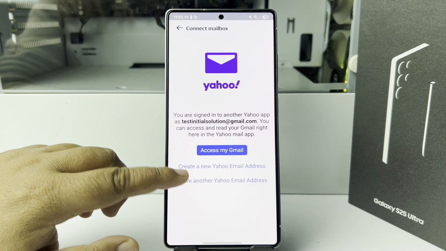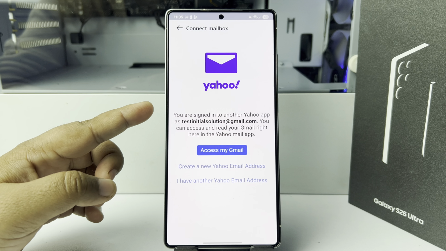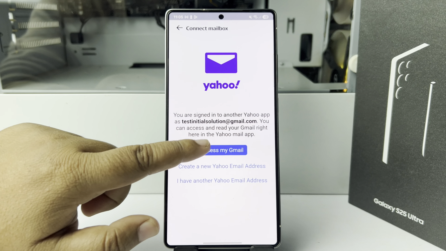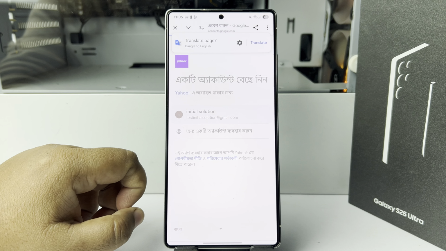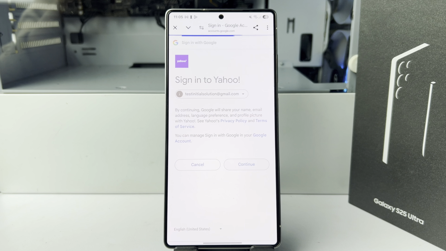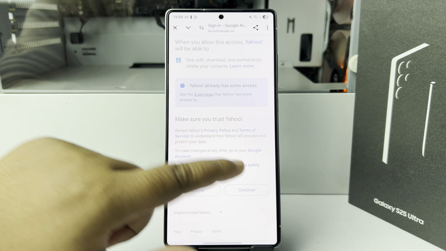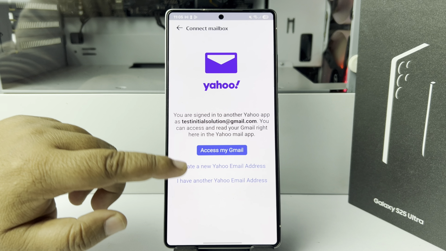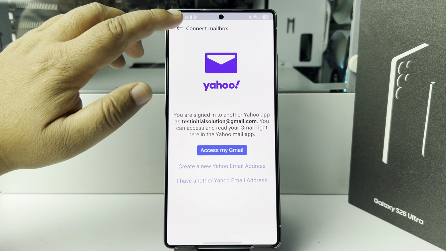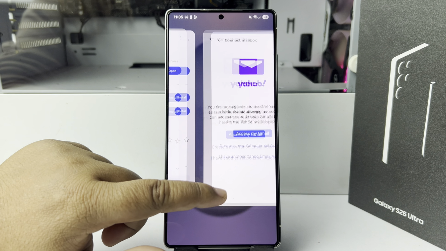And here connect mailbox. You are assigned to another Yahoo account, just tap on access my Gmail and select your account, tap on continue, and now I'm going back to my Yahoo Mail app again